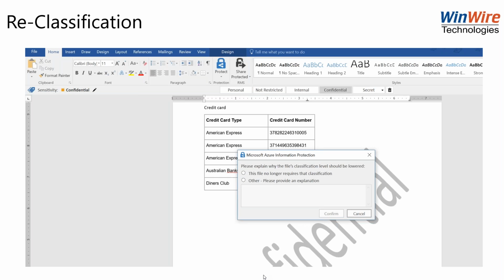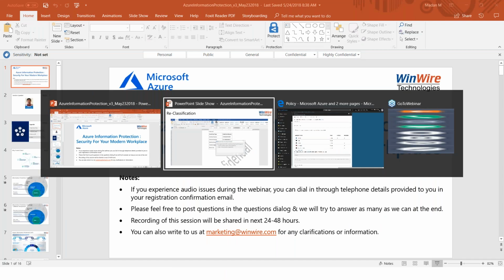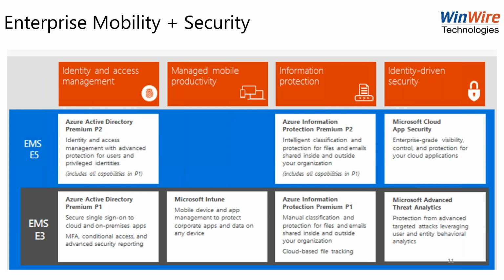Okay. And the last point to cover, the mobility and security. You will have to have EMS E3 or E5 is what I would propose, but EMS E3 or E5 is what you need to have. E5 has additional protection in terms of automatically applying policies to all of your workload. That is possible with E5. With that said, I'll give it back to you, Noor, to cover if there are any questions.